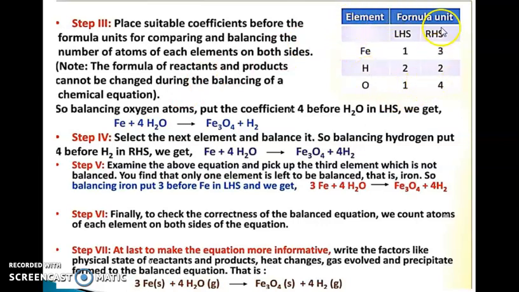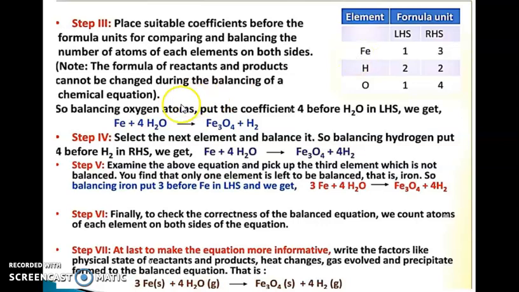So look at here. Here one table is written. First we make 3 columns. First column is meant for element. Second column is divided into 2 parts, that is formula unit. Basically in this column we will write the total number of atoms of the elements present in any chemical reaction. So all of you are remembering our skeleton formula, that is Fe plus H2O gives Fe3O4 plus H2. That reaction is an unbalanced chemical reaction.